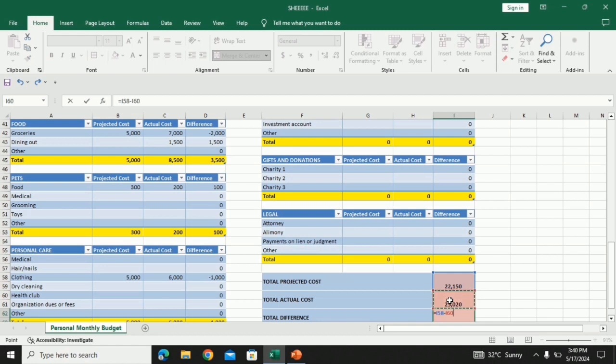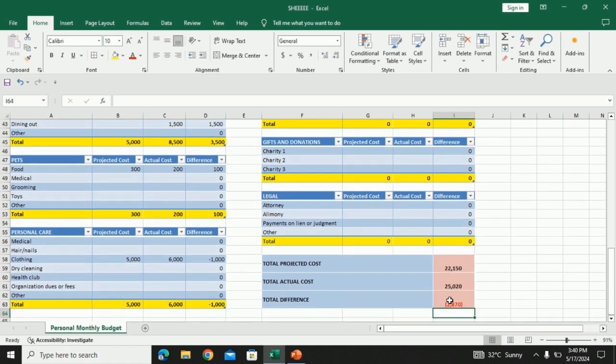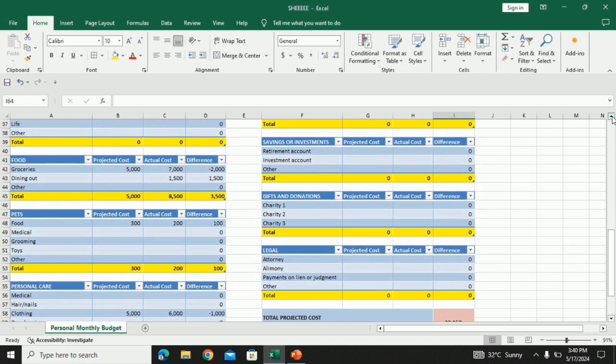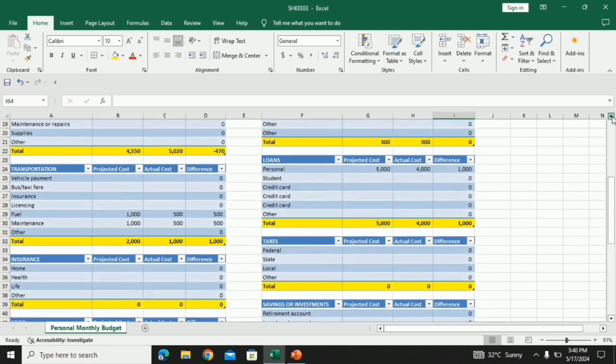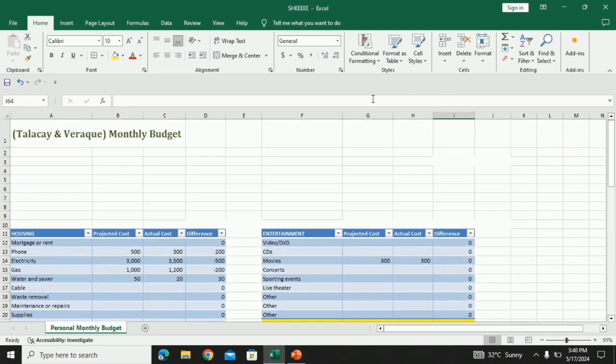After that, equals projected cost minus actual cost. Last, put borders.